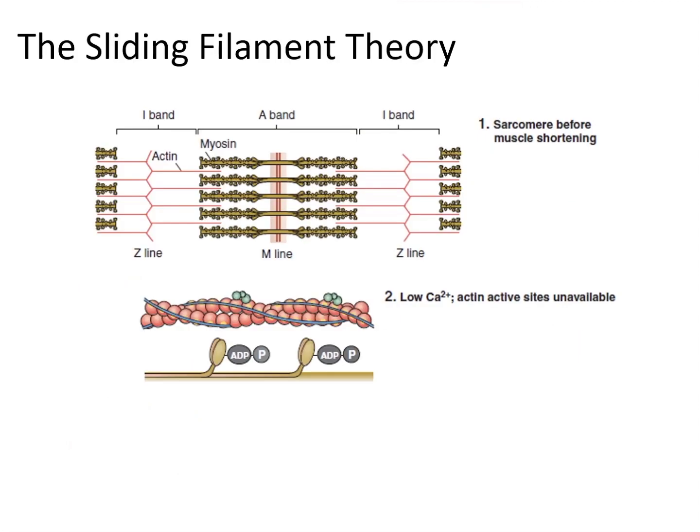The mechanism of active force generation in all types of muscle is based on the idea that thin filaments are pulled over thick filaments by the movement of those myosin heads. In a relaxed skeletal muscle, contraction is inhibited by the tropomyosin-troponin complexes, which obscure the active site on actin and prevent cross-bridge binding. That would be shown here in position 2, with the blue tropomyosins there obscuring these actin binding